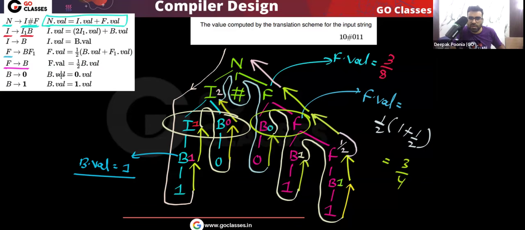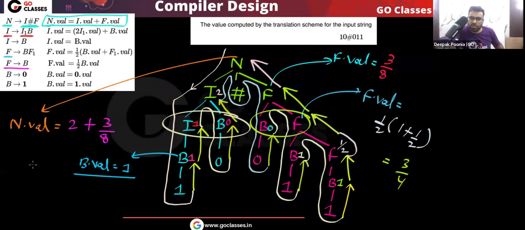For this n, what will be n dot value? That will be equal to I dot value plus f dot value. I dot value is 2, plus f dot value, that is 3 by 8. Yes or no? So 2 plus 3 by 8 will be the value computed by this translation scheme